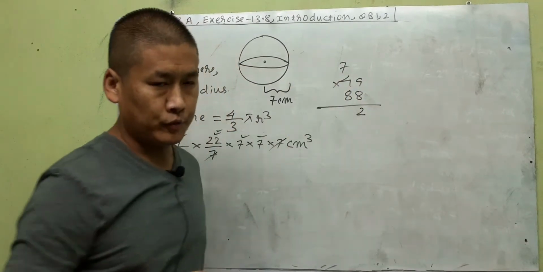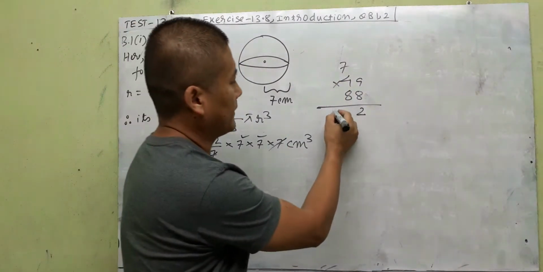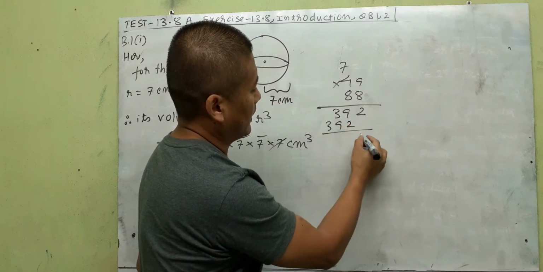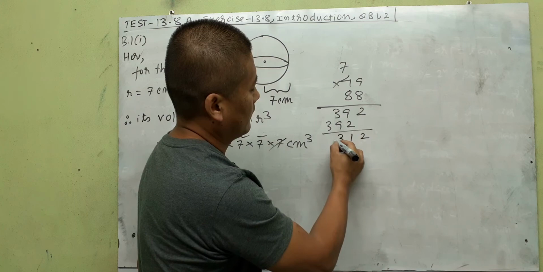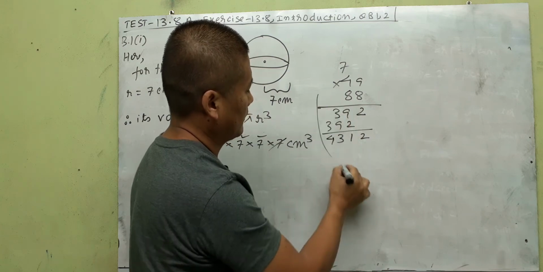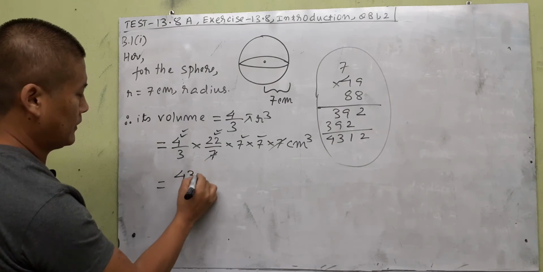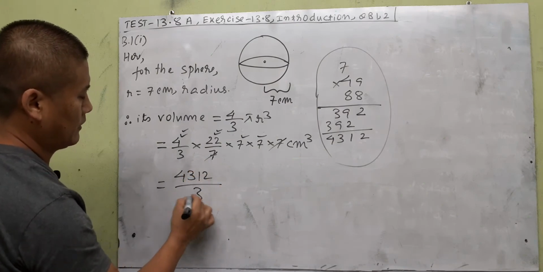8 4s are 32, plus 7 is 39. Same number, 2, 9 and 3, so add 2, 11, 13, and here 4. And this is your rough, okay? So 4312 divided by 3